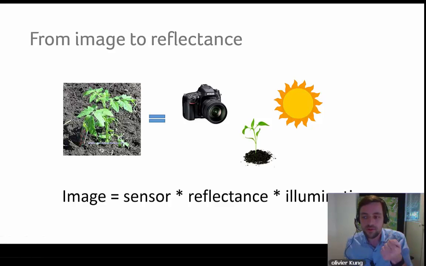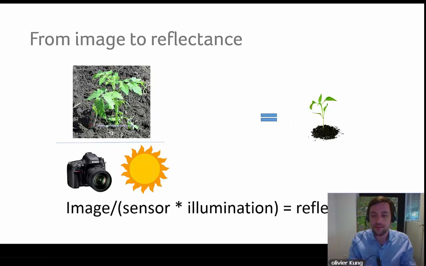So what I was talking about on the previous slide, I was not talking about the image. I was talking about the real reflectance of the plant, and I was talking about this value. However, when you take an image, you actually get this guy on the left and not this guy on the right. And this is what is expressed with this equation. An image is the sensor times the reflectance times the illumination. So the good news is that it's pretty easy to revert. If we care, and we do care about the reflectance and not about the image, this is the next slide,